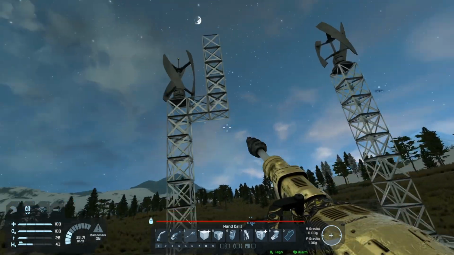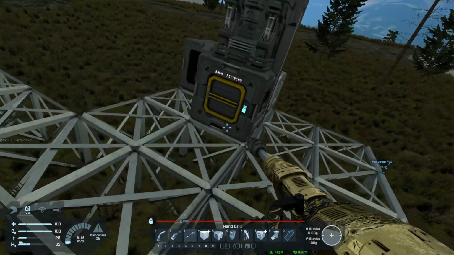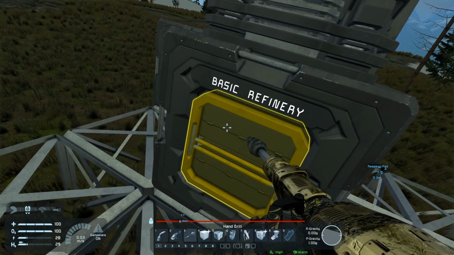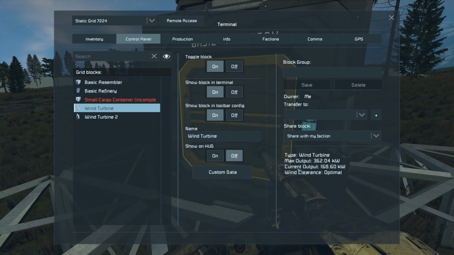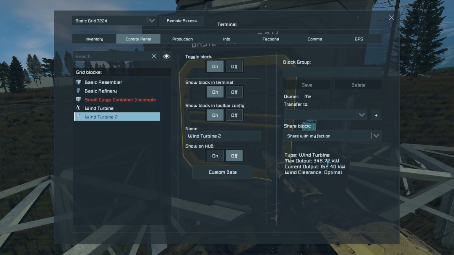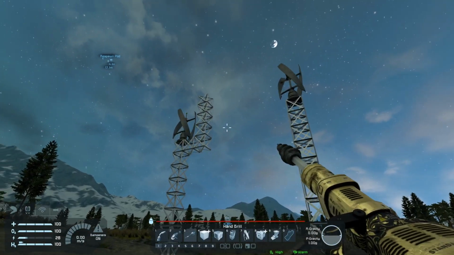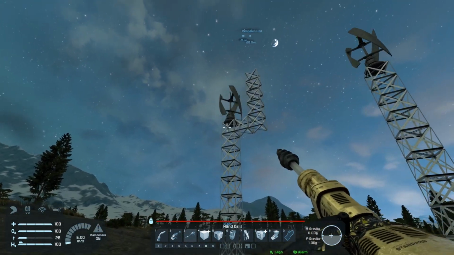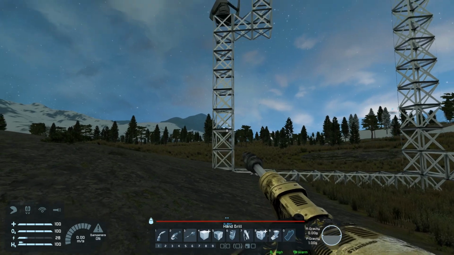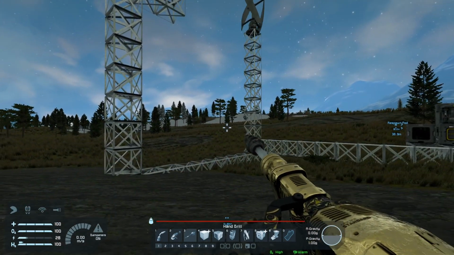We have 2 powers going, and I have built that little wall there just for demonstration purposes. Well, basically it was me messing around. So if I go in here and I go control panel, we've got our wind turbines. So wind turbine 1 is 362.04. Wind turbine 2 is 348.72. So the one is producing slightly more. It's not because that one's slightly higher. I actually put that one higher. This is like the height you need to go. So from the ground, 1, 2, 3, 4, 5, 6, 7, 8 up, and then you put that on, and that pretty much gets you maximum